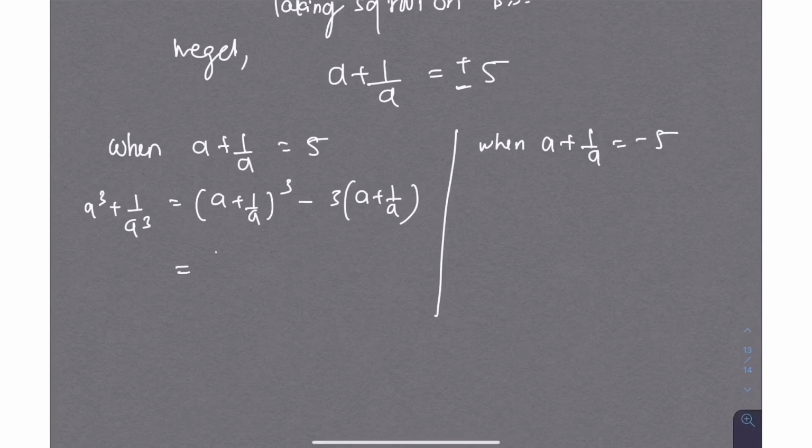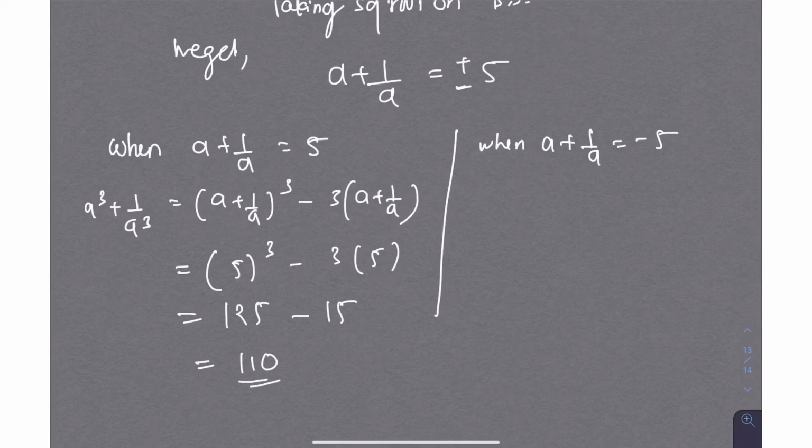Directly substitute the values. Suppose case 1 is a plus 1 upon a value is 5. So 5 cube minus 3 into 5. What is 5 cube? 5 cube is 125 minus 15. So the answer will be 110. And